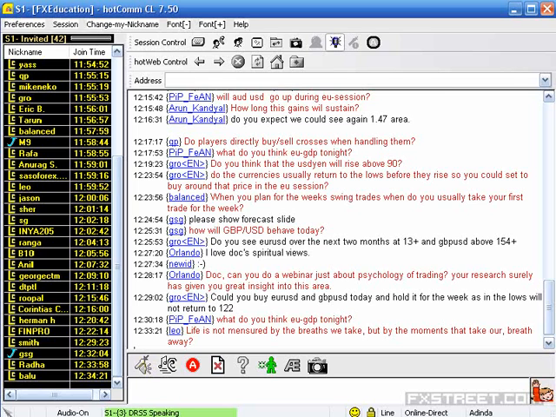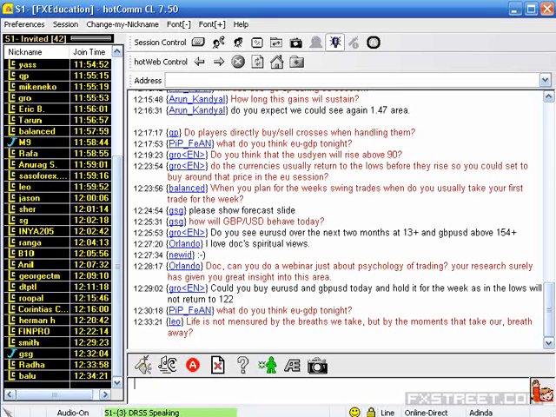When you plan for the week swing trades, when do you usually take your first trade for the week? I don't jump into the market just like that. And whenever they set the high and the low, I just observe it for the week beginning and see how exactly they are handling near that of the low, near that of the high. Okay, if I miss that opportunity of taking position, then I watch how exactly they are handling the high. Are they staying above that of the initial high for more than 30 minutes or over? Then I don't mind taking a high level buy.